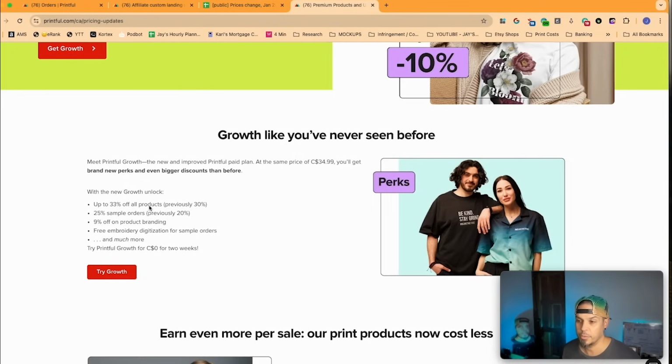With it, you're going to get 33% off of all products that you could have previously had 30% off. There's 25% on sample orders, which they already used to give us 20% off, but you can get 25% off sample orders. There used to be a limit on it. I'm pretty sure there's still going to be a limit on how many you can do per month, but I think I was able to get 3 a month or something to that effect, which is such a huge relief when you're trying to set up your business for the first time and actually